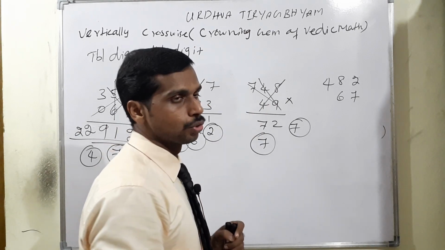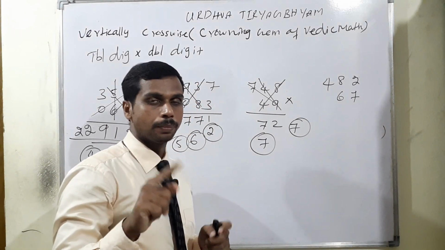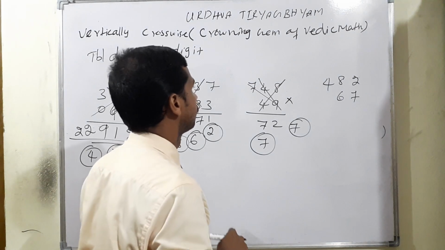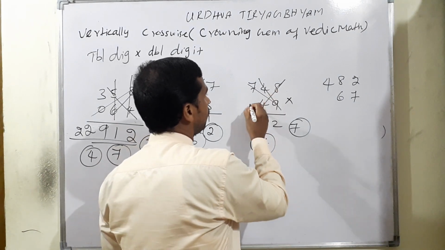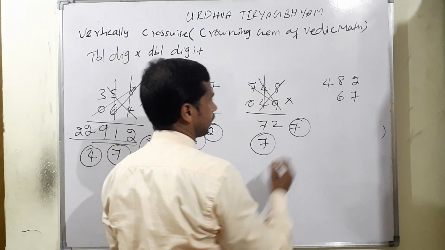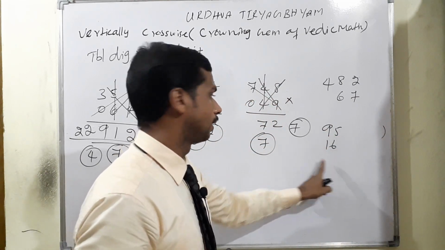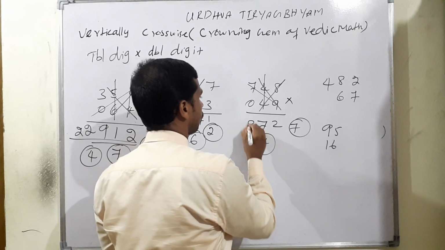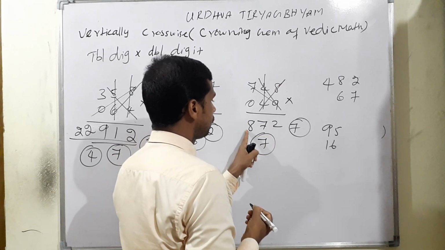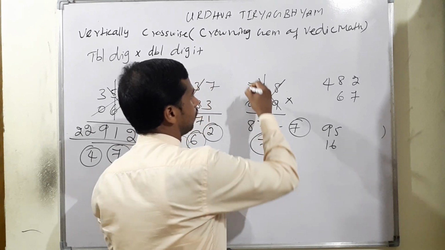8 4s are 32. So 63 plus 32 is equal to 95. So 95. Then middle term also. Middle term 16 is there. So 95 plus 16. Therefore 111, isn't it? 111 and carry 7 is there. Therefore 118. So 118 means 8 is there. Remaining 11 is there. Listen very carefully.